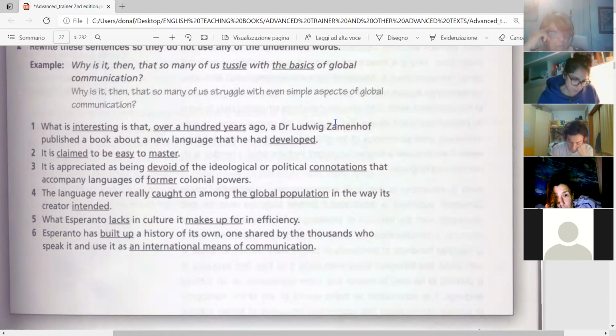Because if you say many, but here they give a dimension, over 100 years ago, so more than 100, more than a century ago. Okay, Dr. Ludwig Zamenhof published a book about a new language that he had